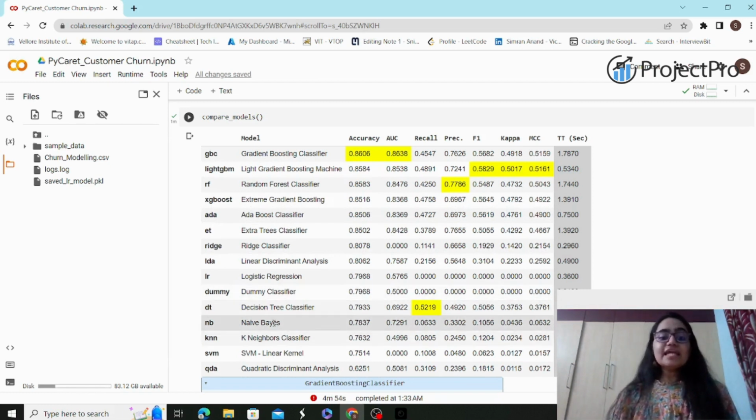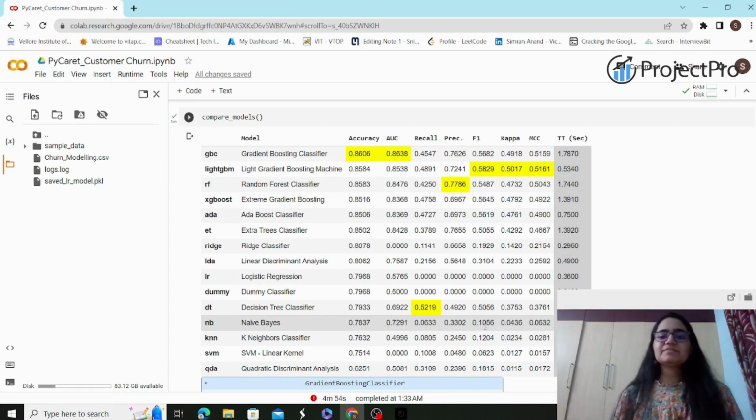But you see here, we have not implemented naive Bayes and SVM as well, because in general, as I was saying, naive Bayes has this kind of an assumption that the features are independent of each other. There is no relation between them, but that is not practically possible in our dataset. Our dataset actually has relations even between the features, which we have already explored in the first part of the video. So that's why naive Bayes did not perform that well, although it gave us a pretty good accuracy of 78%,